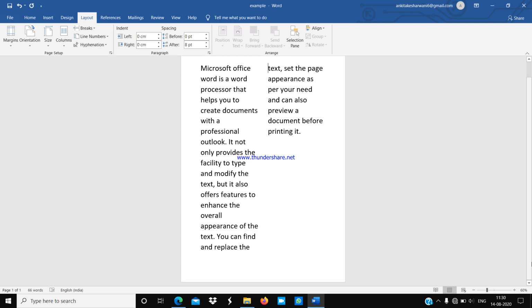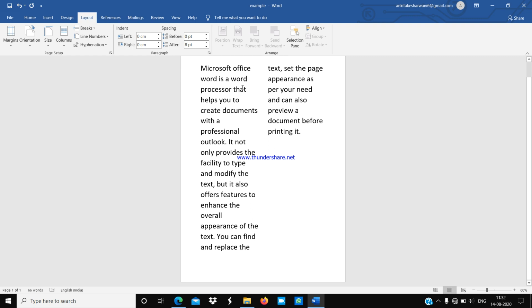So like that you can split your single page into 2 columns or more than 2 columns. Understood everyone? So this is about how we can add two or more columns in our single page or document. Now we will see how we can break our column. If I want to break my first column from this, you can see